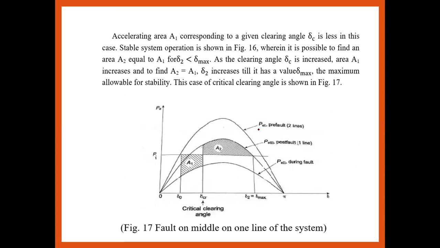Now, during the fault clearing time, the post-fault time of that line, its value should be such that delta 2 increases till it reaches delta max. So this is the maximum allowable for stability. So delta 2 should be delta max. Under the stability condition, it can increase from this value to this value. So this condition is called the equal area criteria